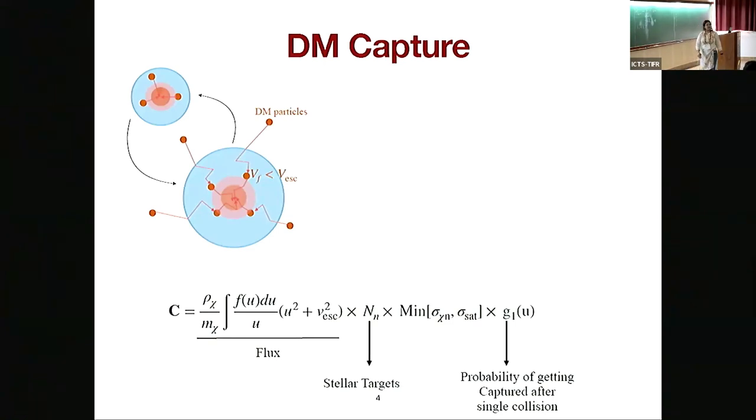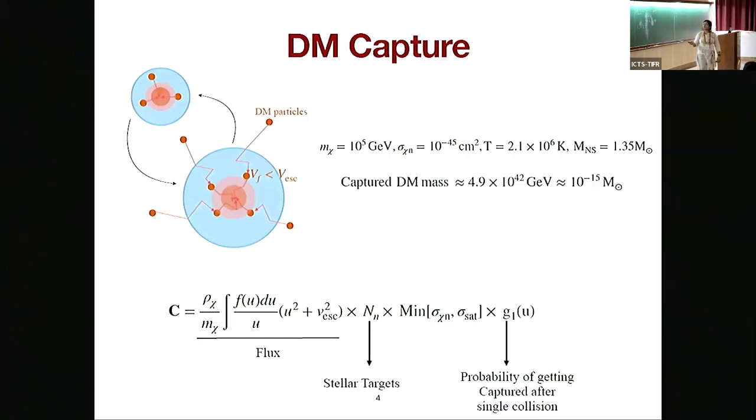If it's very weakly interacting, we'll have to come up with the parameter space in which just after a single collision it gets captured. Just to give you a sense, take a 10^5 GeV dark matter particle with an interaction cross section of 10^-45 cm². Just to give you a number, the proton-proton cross section is 10^-26. So it's 20 orders of magnitude less cross section, and with the temperature of the neutron star being this and the mass,